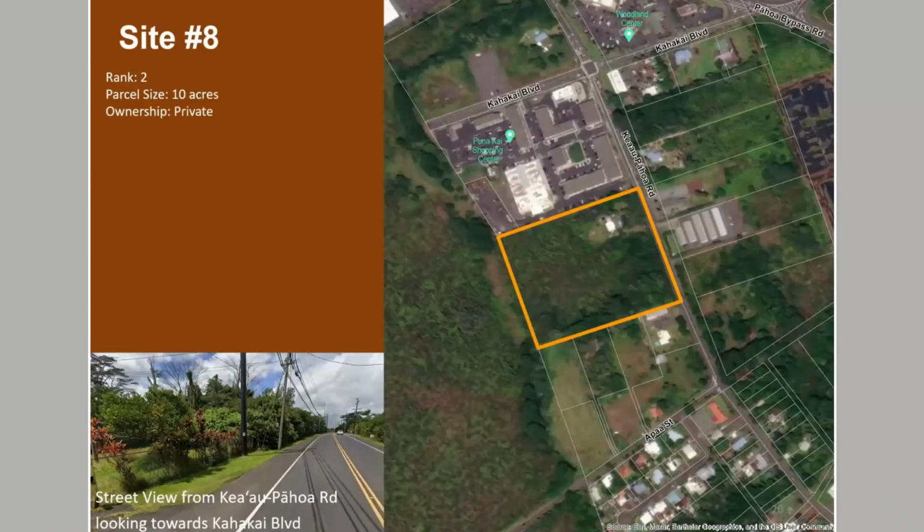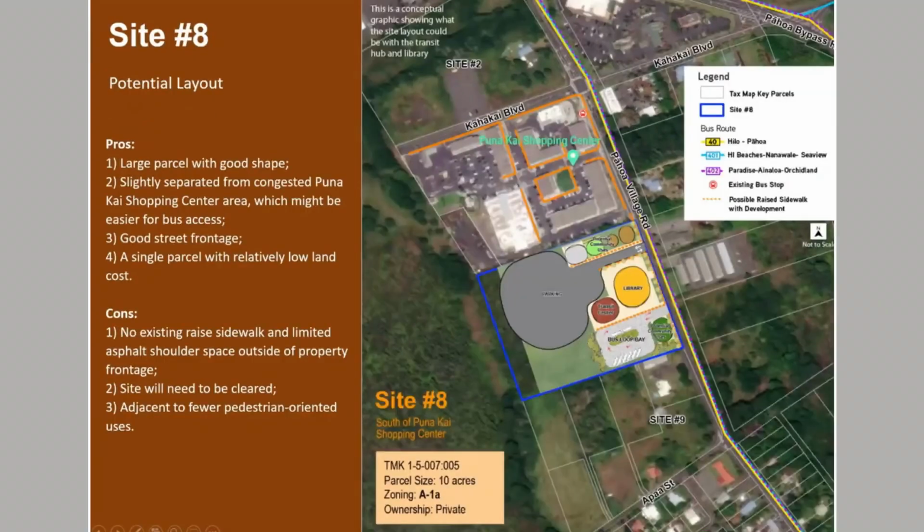And here's site number 8, just on the Pahoa side of Puna. You can see it's a mostly undeveloped lot, very similar in size to site number 2. There is an existing structure on the site. And so site number 8,